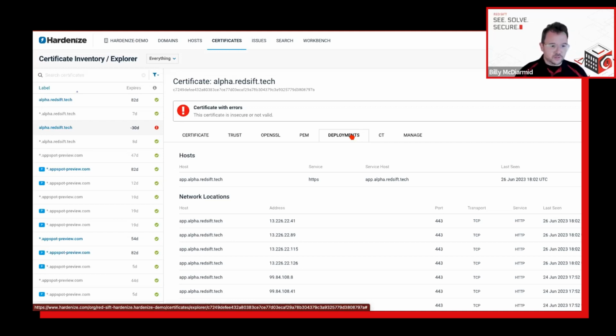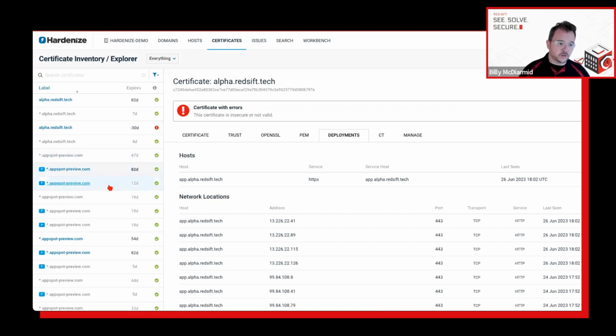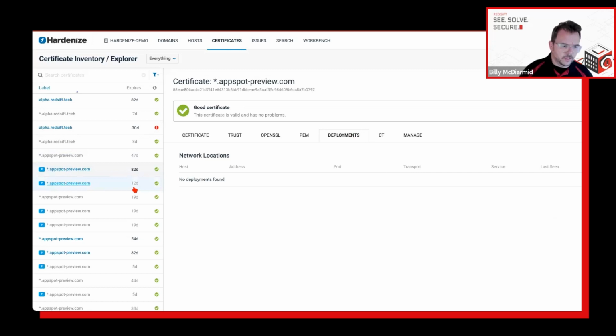Actually, I've just remembered something else about that. I mentioned the cloud visibility aspect. Hardenize is just about to announce a new feature over the next week or two, an improvement to our cloud integrations feature. Currently we just import domains and DNS zones from cloud accounts, but we're now going to import anything that has a host name or an IP address. So any public-facing certificates within your cloud account, such as this example here, which if I remember rightly is a Google Cloud Platform certificate, we will import that into your